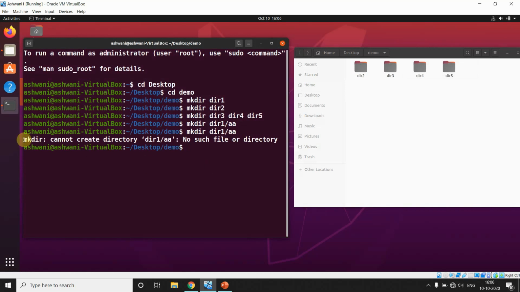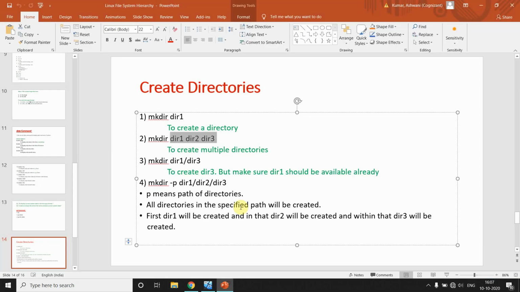What it says is mkdir cannot create directory dir1/AA: no such file or directory. Because when the shell executes this command, it doesn't find a directory called dir1, so it throws the error. So we have to take care of this when we are making a directory like this. To create the inner directory, make sure directory 1 is available.